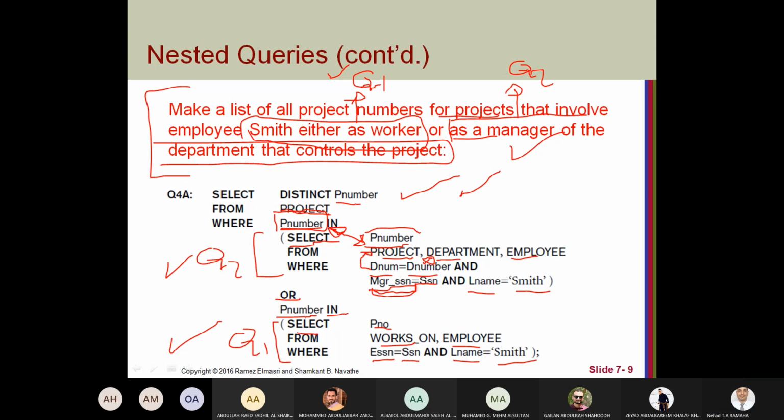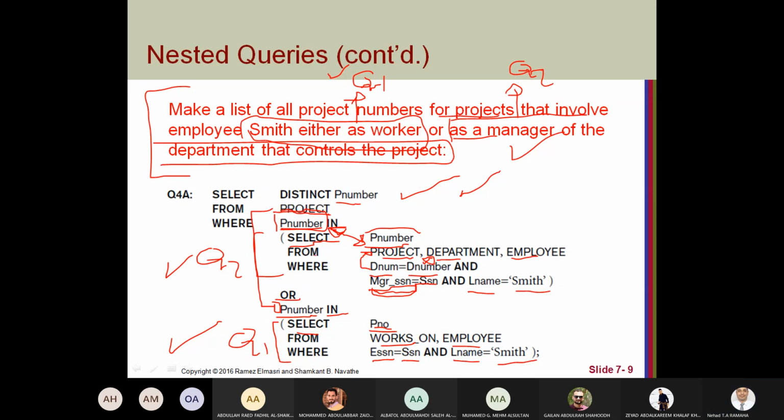You compare project number from this project with P number, not necessarily the same attribute name, but the same type. For example, if this one is integer, this one should be integer. If this one is varchar 30, this one should be varchar 30 also.